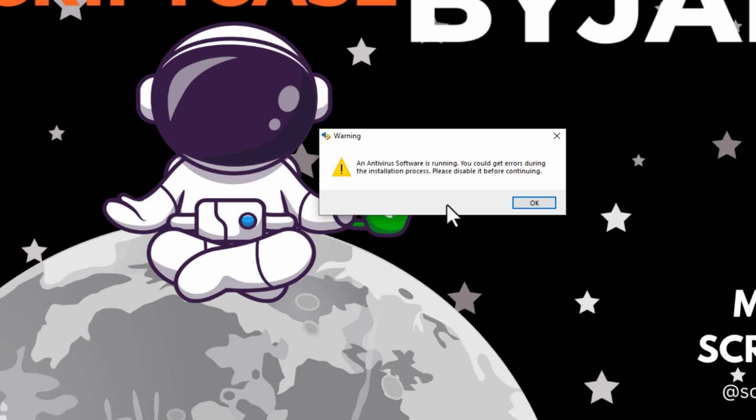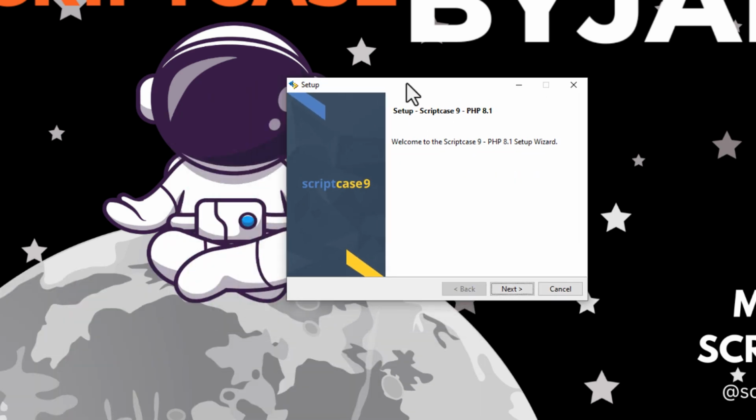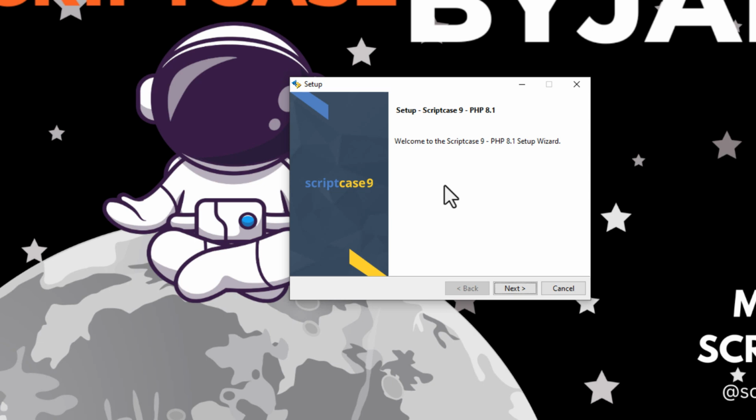Now, in some cases, you may have to, but so far I have not experienced any issues with installing it with the antivirus software running. Of course, it will highly depend on your setup, as in the operating system, the firewall, the restrictions you have,